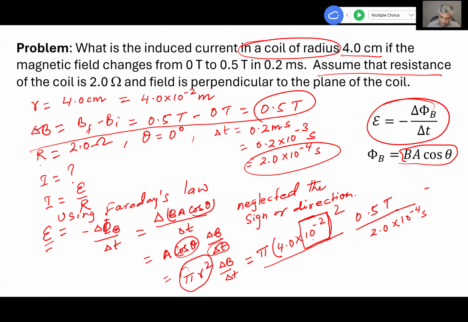So that means that the square thingy cancels with this one here. 10 to the power negative 4 on the top, 10 to the power negative 4 on the bottom. And this 4 has to be squared. So 3.14 times 4.0 squared times 0.5. So that's all in the numerator. And in the denominator, it is